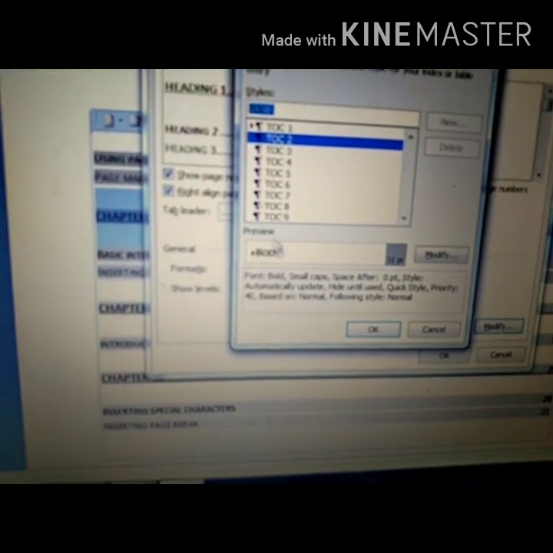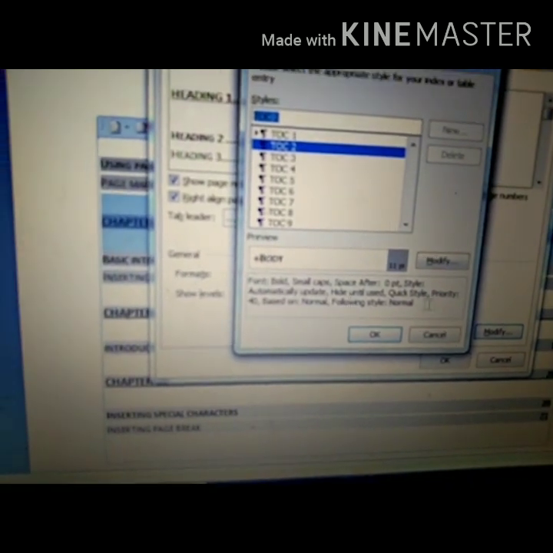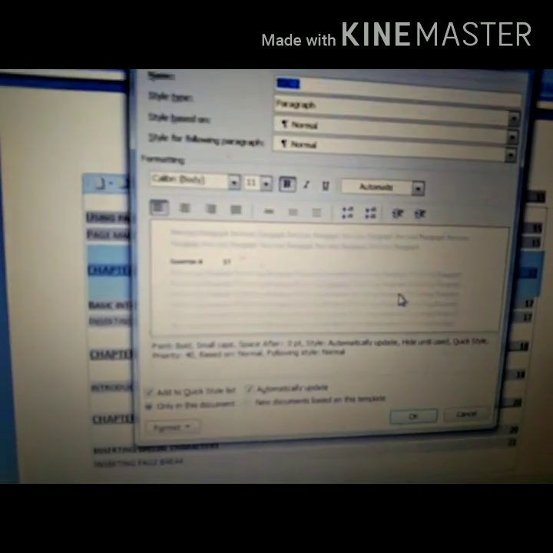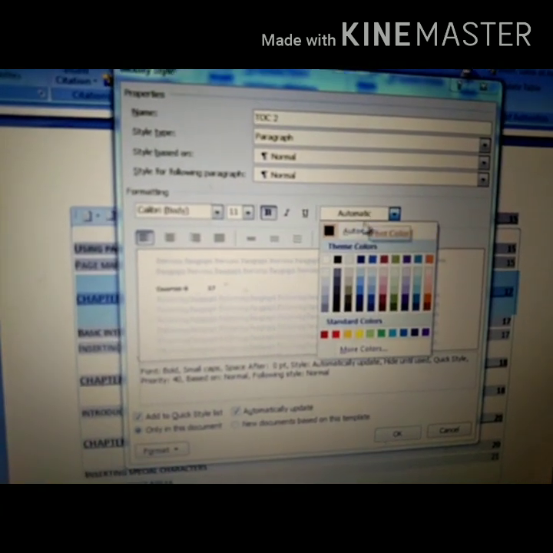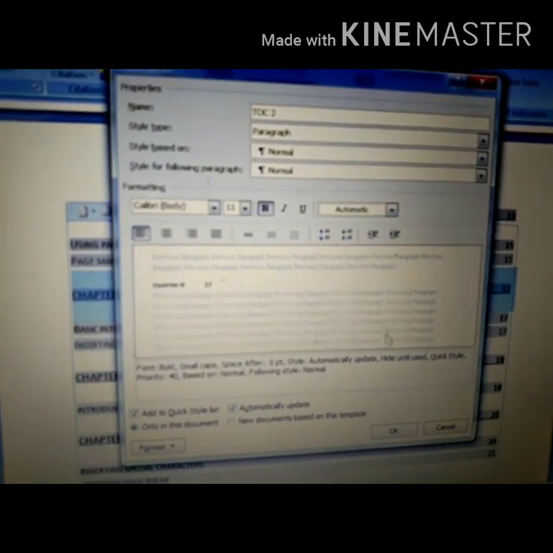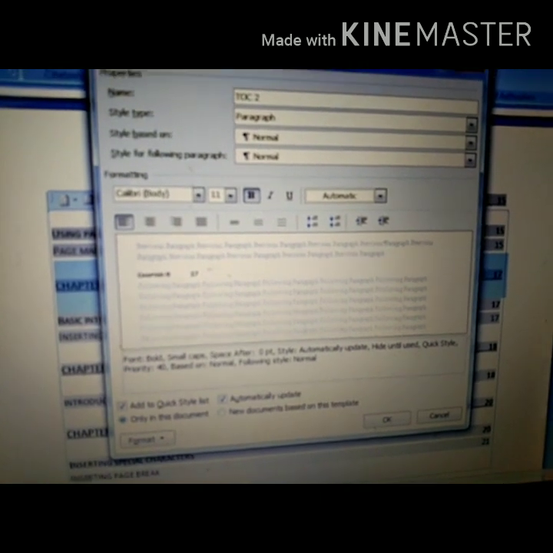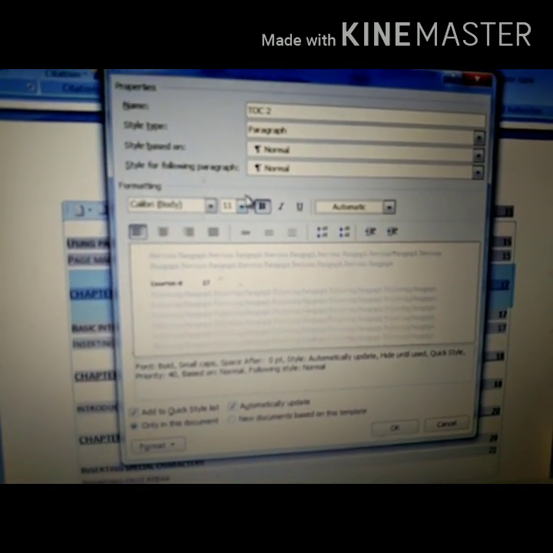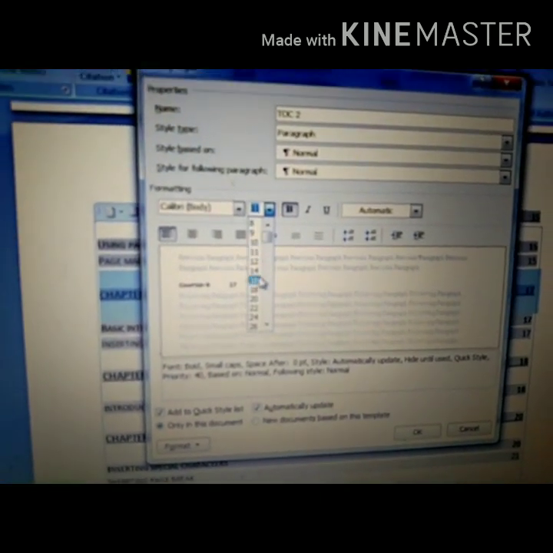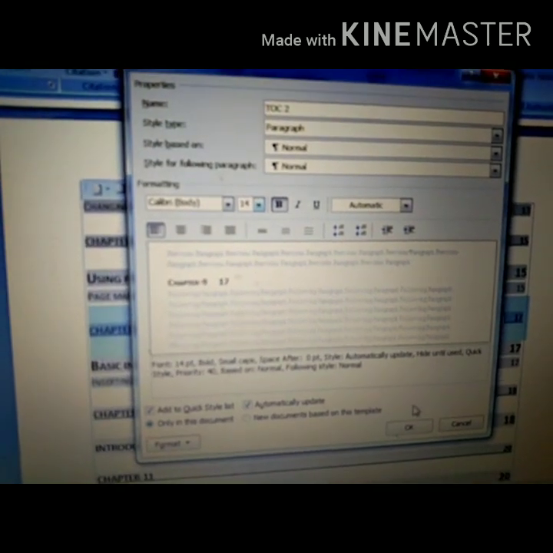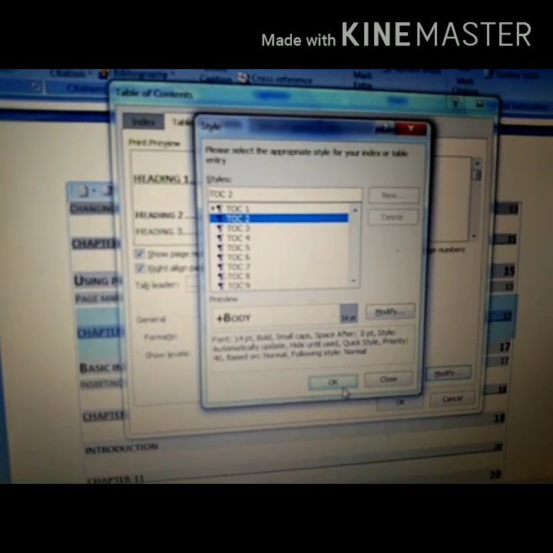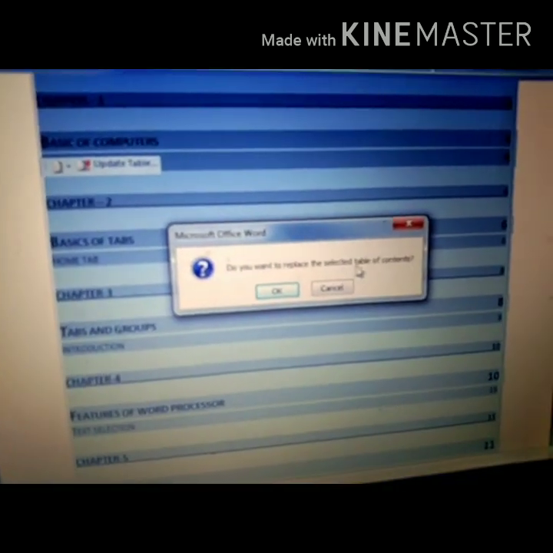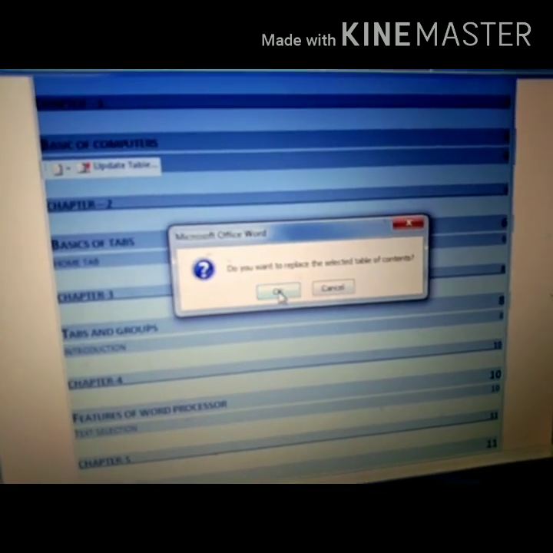You will check that preview, that body is there and what are the formatting here. You will click on this for modify option. From here you can do the updation in table of content 2, means level 2 heading 2. Okay, I am making it black color. I'll increase this size from 11 to 14. Done. And whatever the updation I am doing here, it will be automatically applicable on this table of content. Do you want to replace the selected table of content?